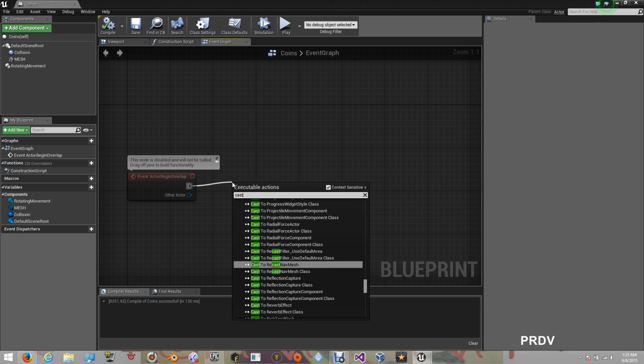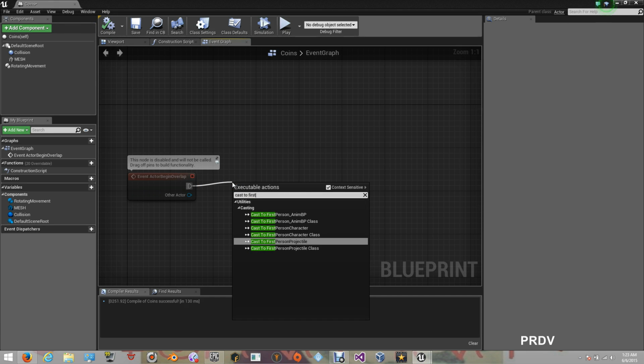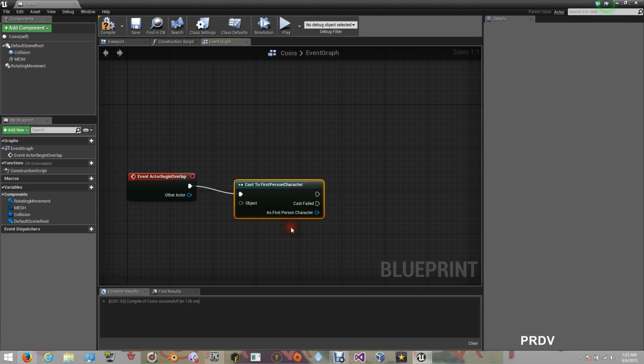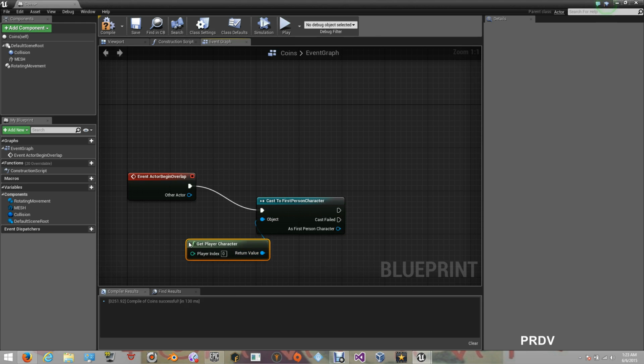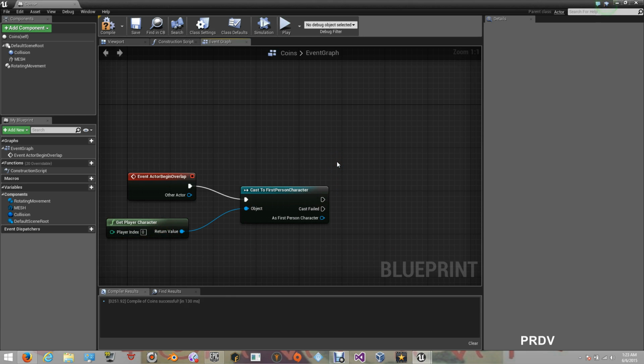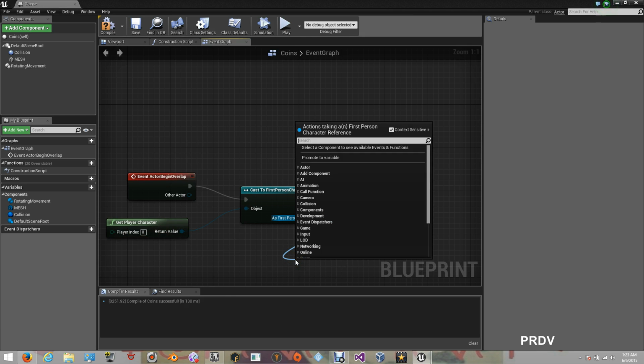So let's cast the event first to our first person character because it's a first person project. For the object, I'm going to get the player character, and now we need to get our variable. So we are going to get total coins. That is the variable that we have on a character. So let's type get total coins,